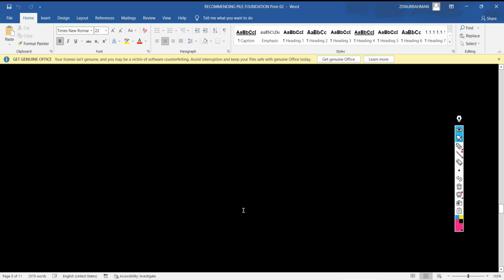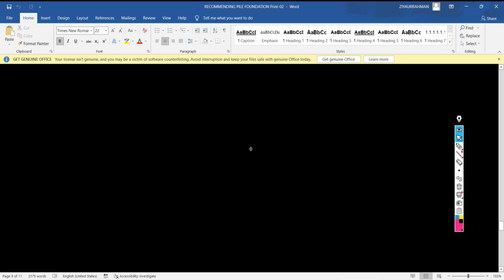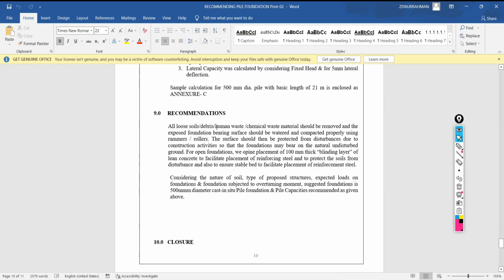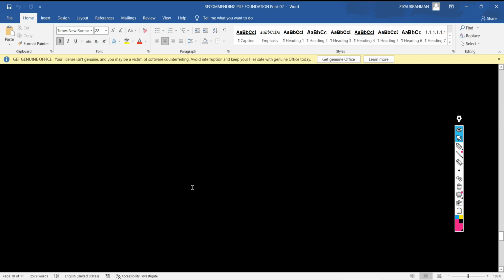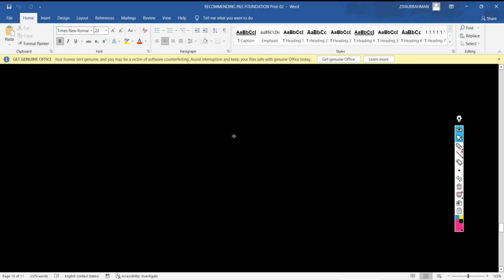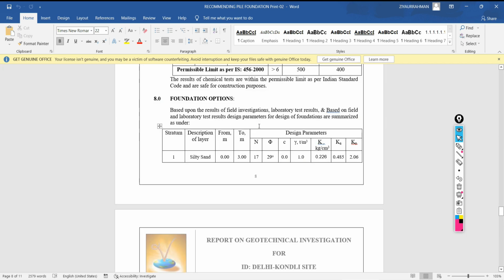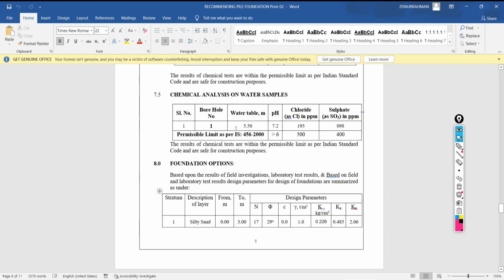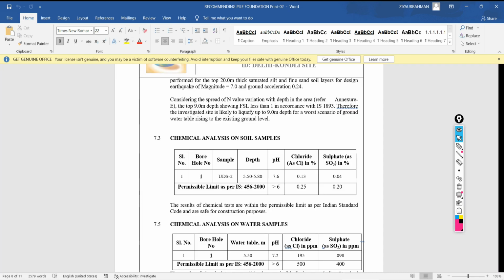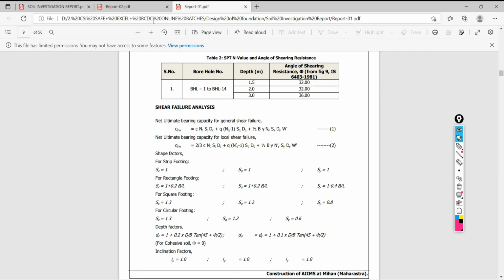No worries, sir. Please continue. Okay, just see here it is given for pile foundation what formula they have followed for calculating the bearing capacity of your pile. Recommendation is given there. This is for pile foundation, and these are the values for the actual load carrying capacity. So I will let you know how to see that. In high rise structures, when we are dealing with pile foundation design, pile cap design, this is the report. Okay, coming back to our file, there it is.